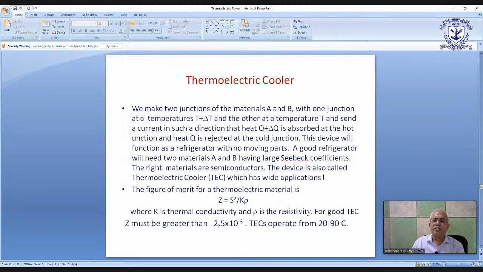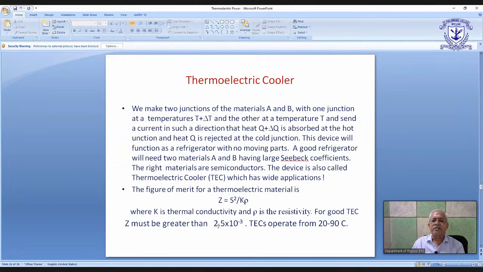This is what is meant by high thermal load. Using a TE cooler, you may be able to cool an electronic device or a chip. It's a very small item. So thermoelectric coolers are basically low power devices,